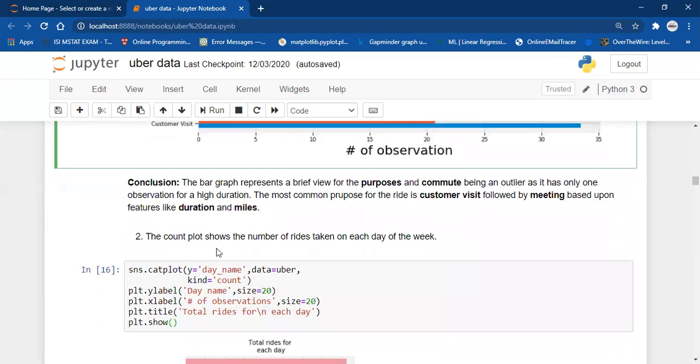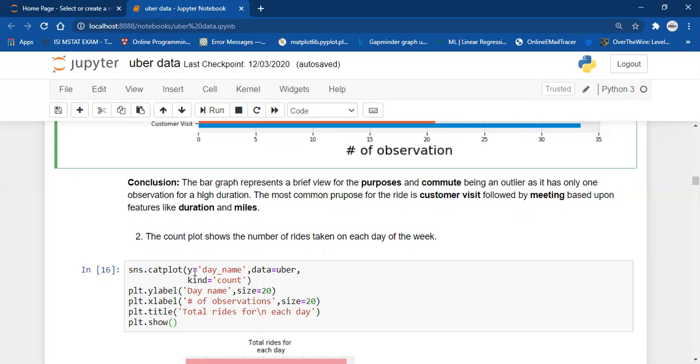So moving forward, now we plot the count plot from the Seaborn library. So what does a count plot do actually? It basically counts the number of observations and plots a bar graph. I have used the categorical plot, which is catplot. Earlier the name was factorplot. Now it has changed to categorical plot. First, you need to mention the categorical name, because suppose I want to count the number of days, and I want to know the maximum number of days for which the observation is there in the data set.